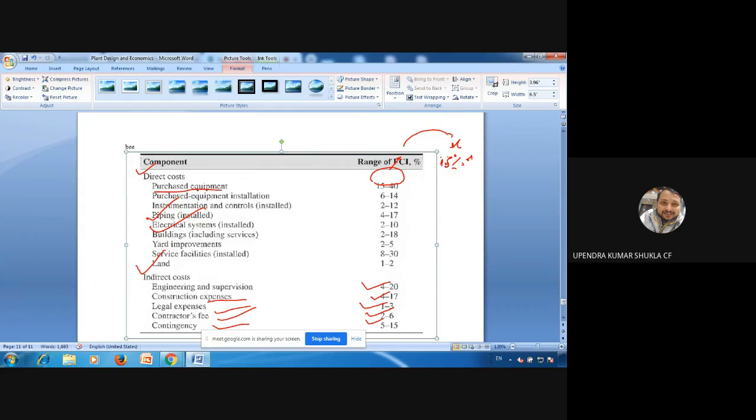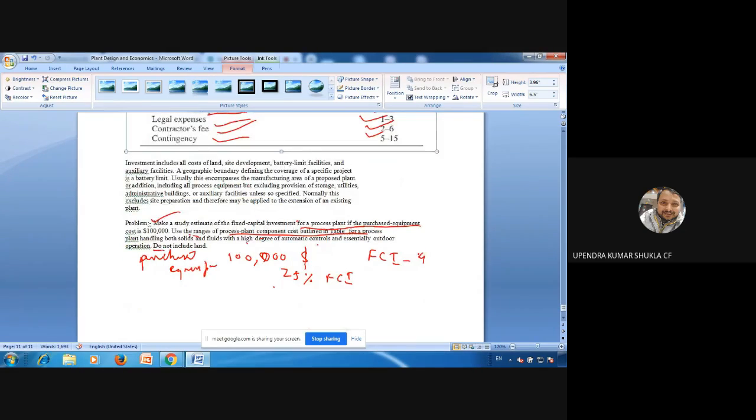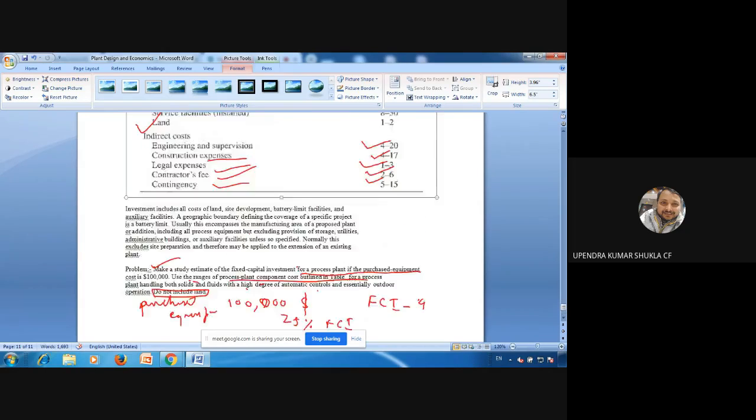you can calculate the purchased equipment, then purchased equipment installation based on percentage, instrumentation and control, and all these estimates. You must remember here that it is written in the problem not to include the cost of land. So this way you will estimate the fixed capital investment, and get a feel